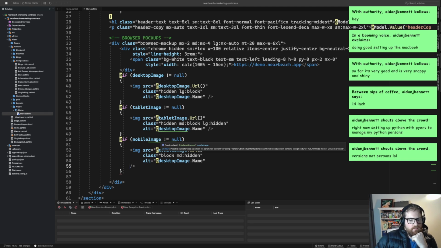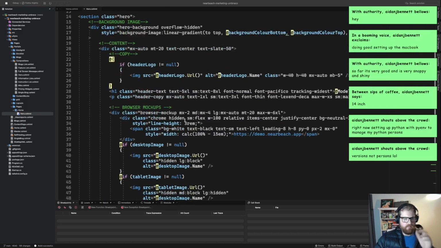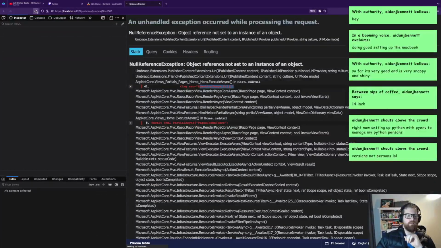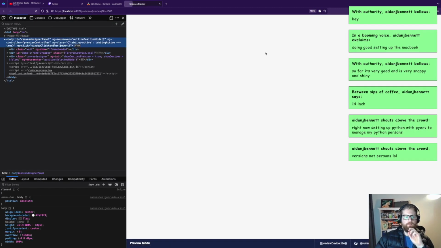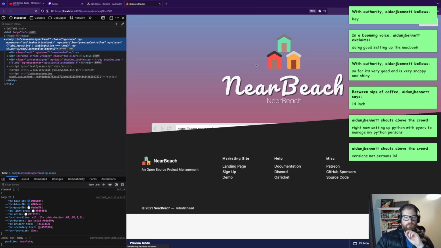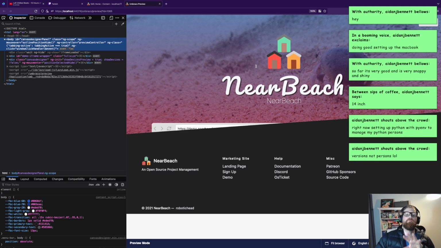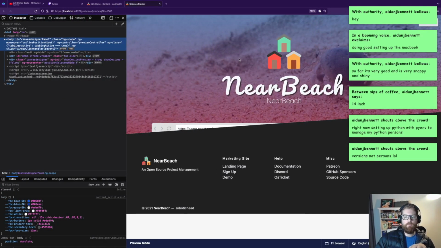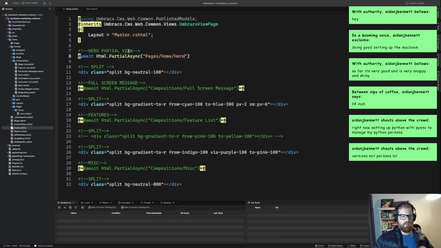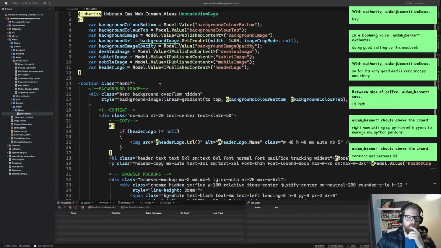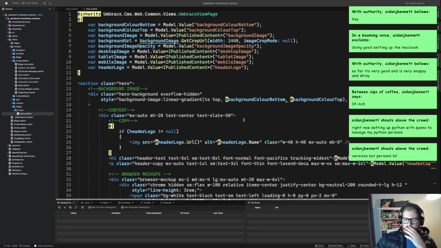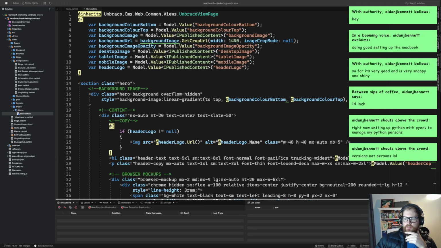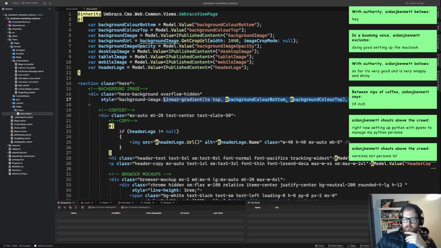Possible null content, yada yada. All right, that's fine. So what we do, we hit refresh. So things are rendered, which is great news. As you see, it's popping up with the same sort of stuff. We need to check that hero. So with the hero, we also got to make sure that these background colors aren't, sorry,